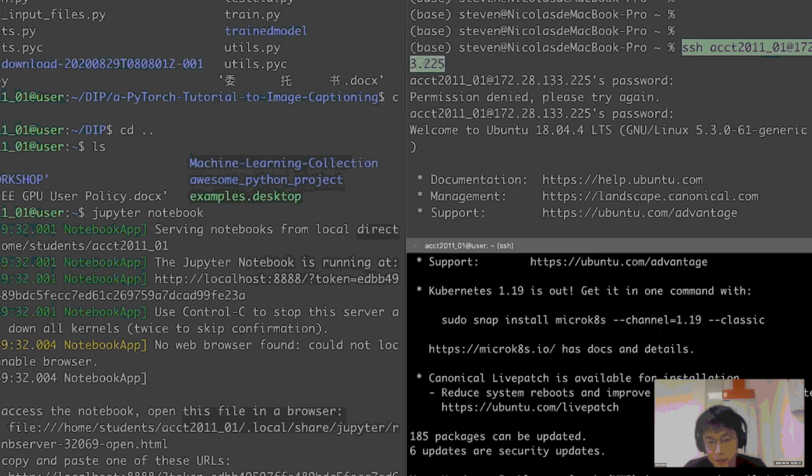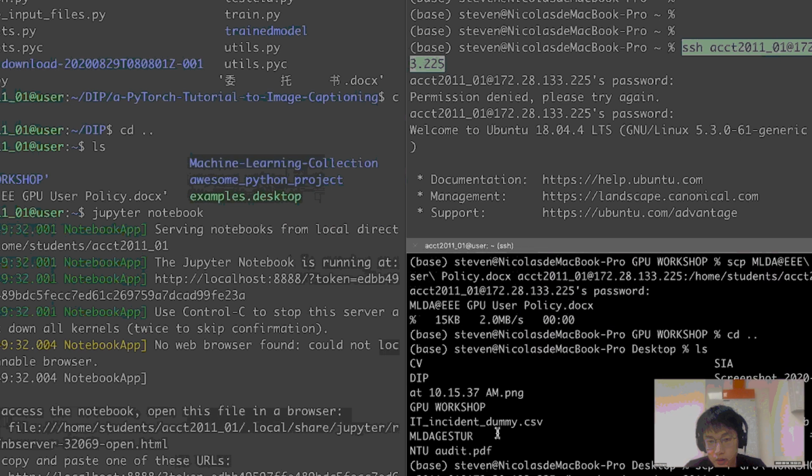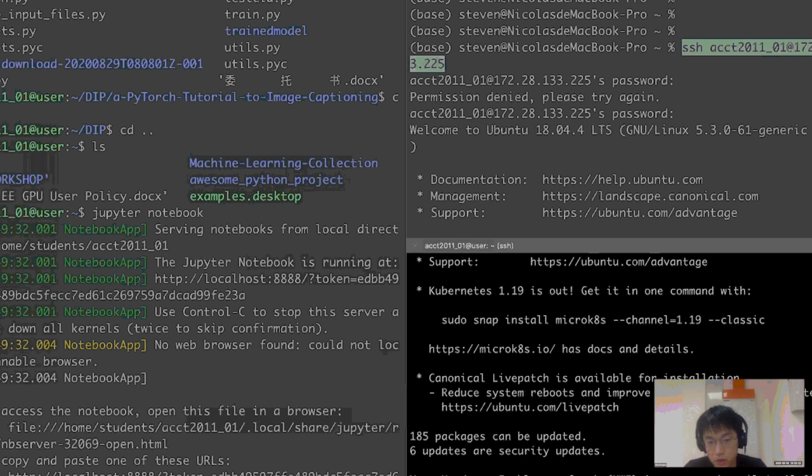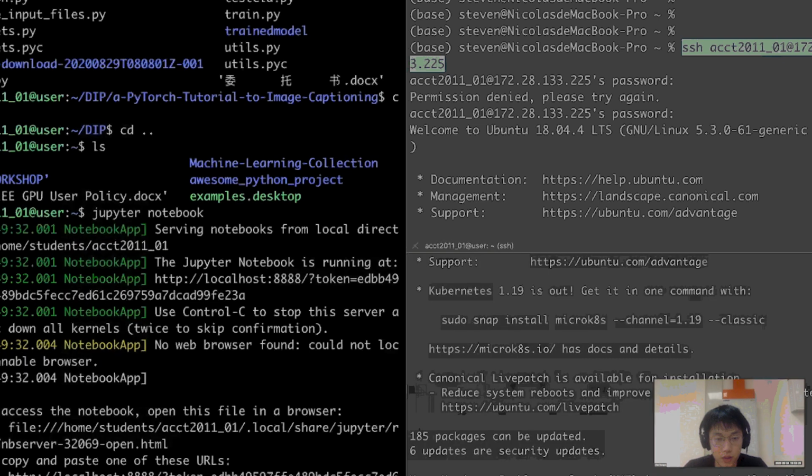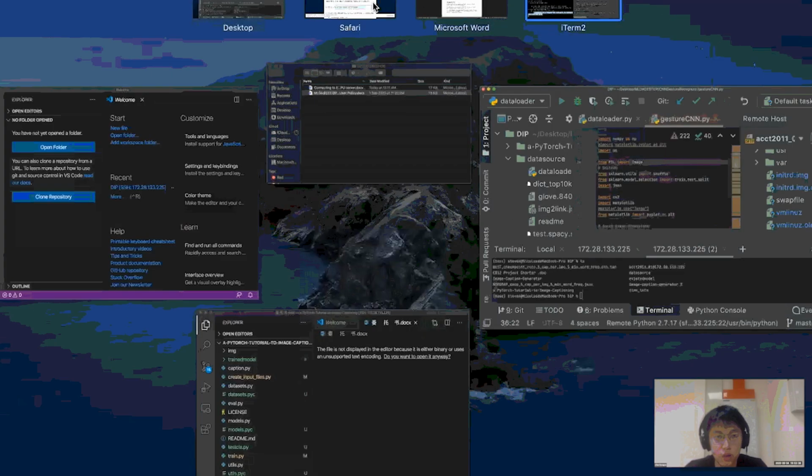Okay, then after you see you have logged in to the server already, that means your connection is created. So how do I check? How do I log in to the Jupyter notebook? Then you could just copy this URL, not IP address, sorry, this URL, and go to your